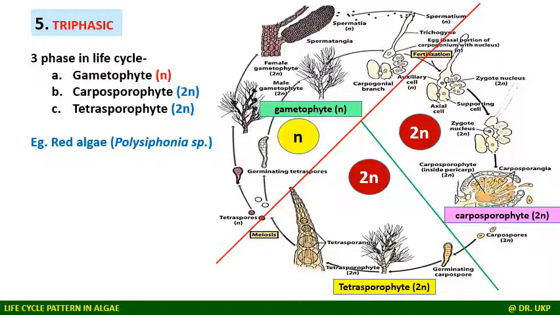Thus, the whole life cycle covers three phases. That's why we are calling it triphasic, and this is very important because these are the typical life cycle patterns found in red algae. Okay,